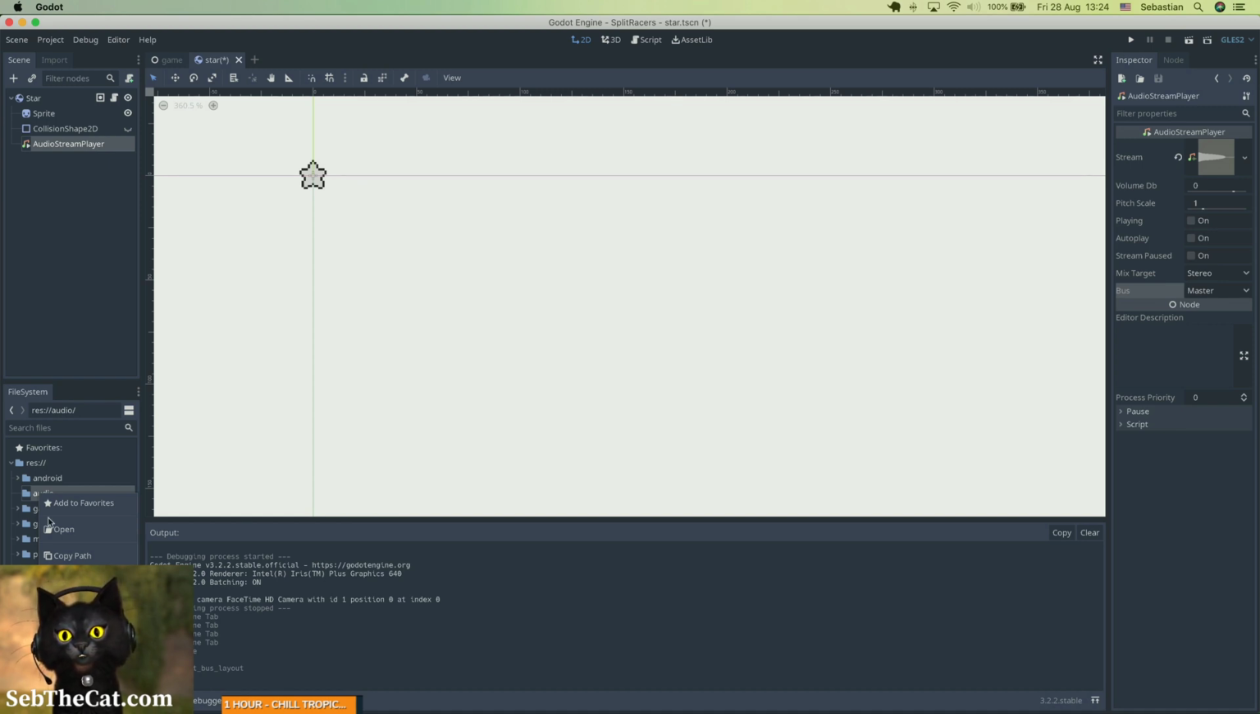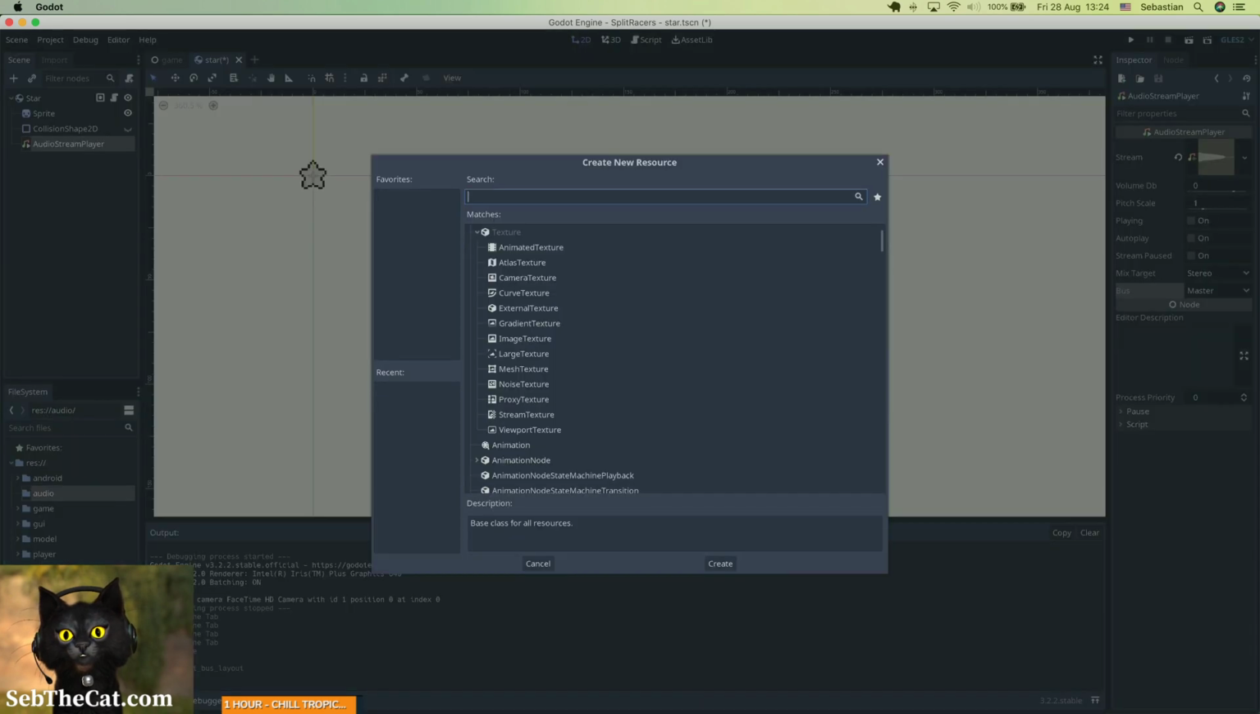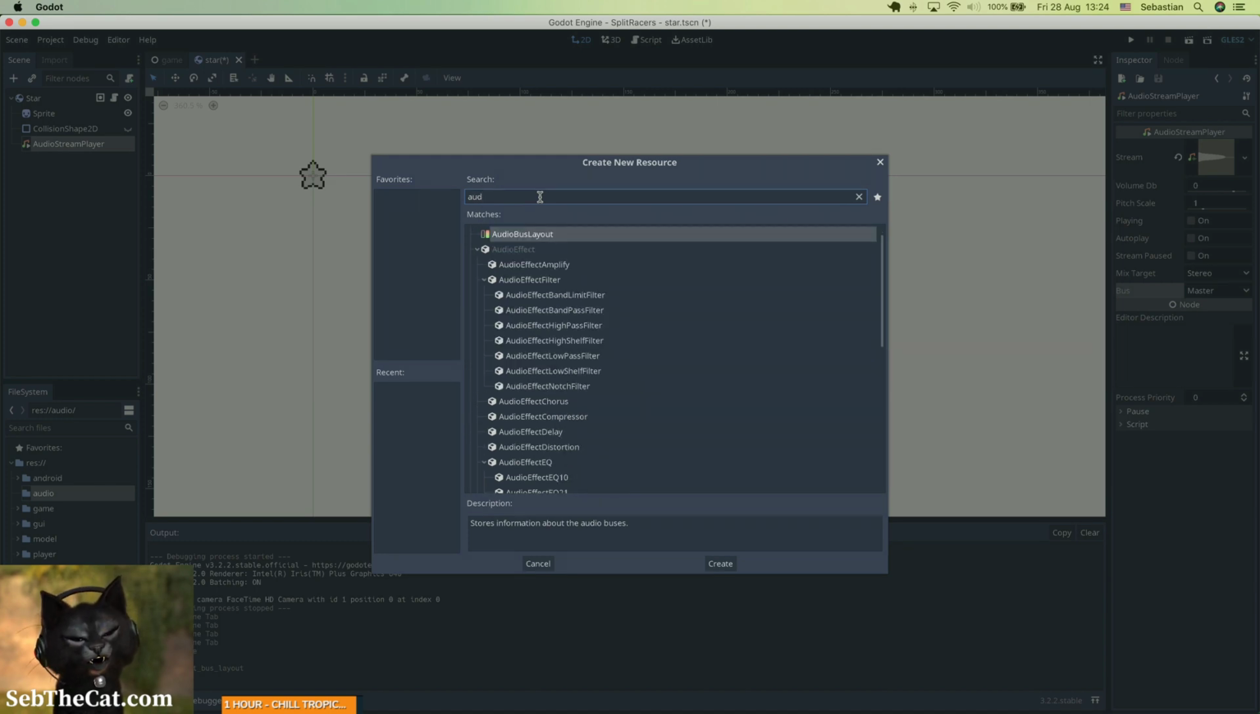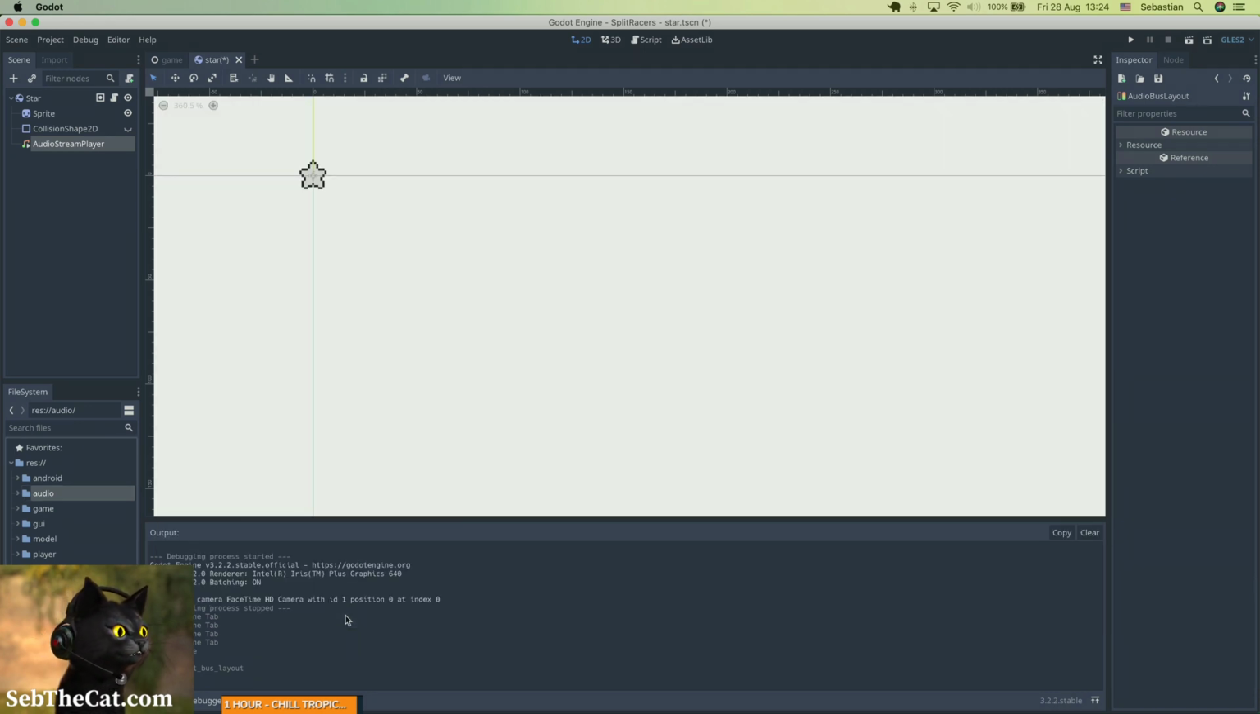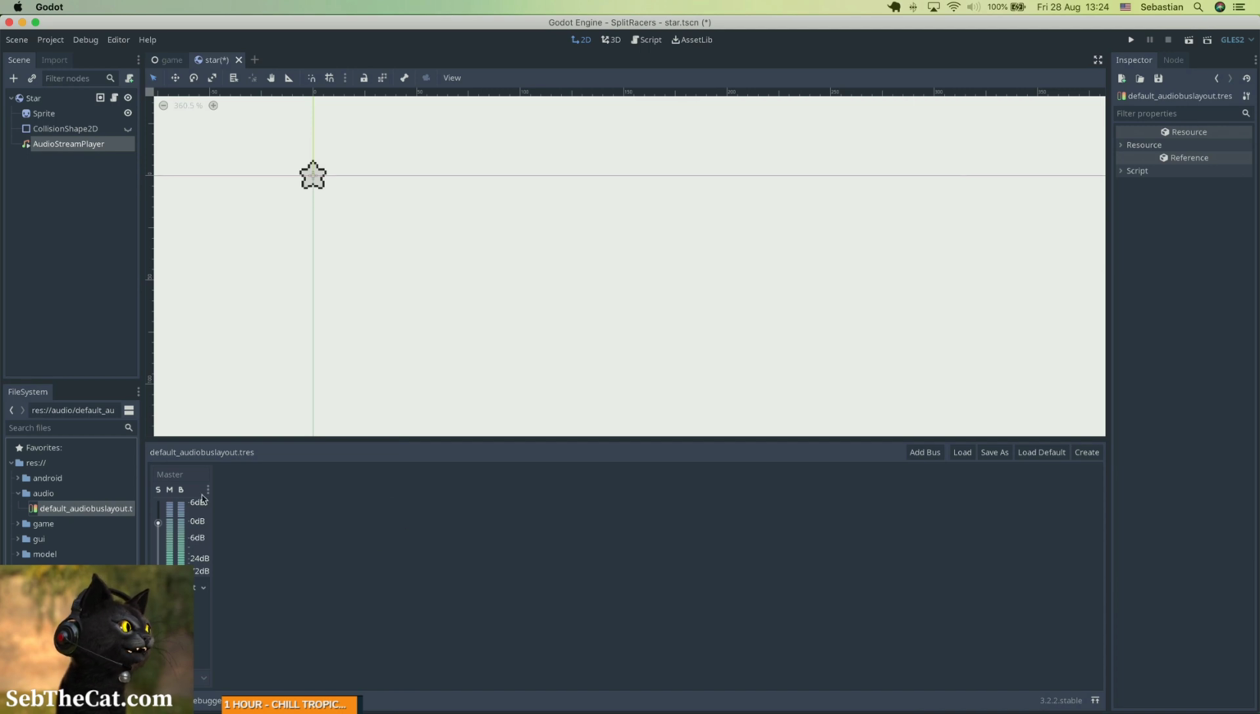So then within this audio folder, we can create a new resource. And I believe there are a few. So there's an audio bus layout. And we're going to save that in audio. And we're just going to call this default audio bus layout. Okay. And then that is going to allow us to change